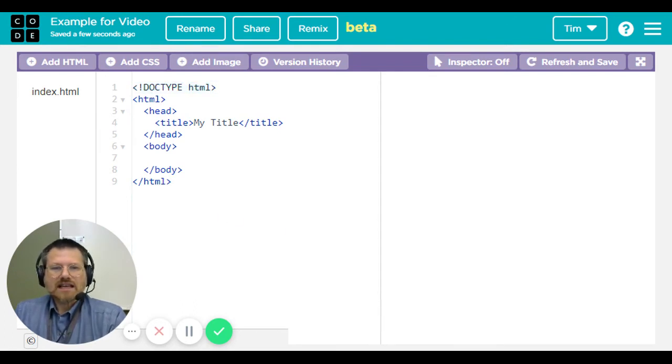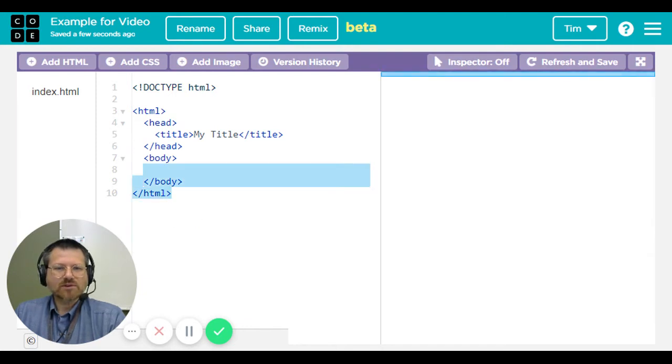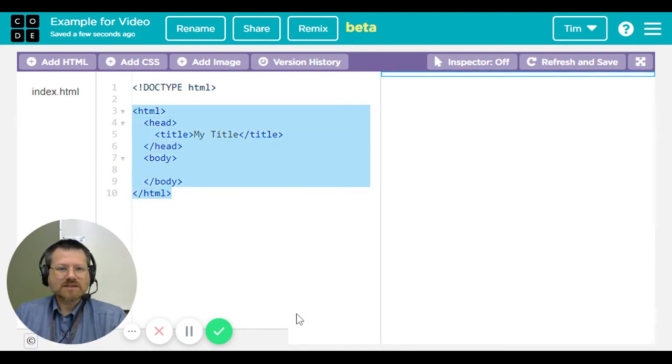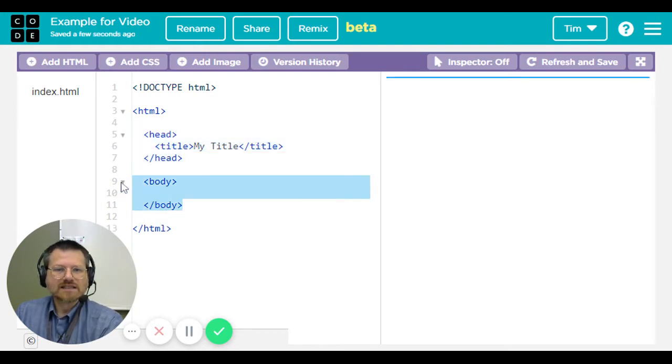But let's go ahead and look at the parts of the document itself. So let's just look at the part that's actually the web page. So right here, that represents your web page, starting at HTML and ending at the close tag for HTML. And it's broken up into two parts. So if we go inside, there's a head, which is this part, and then there's a body, which is this